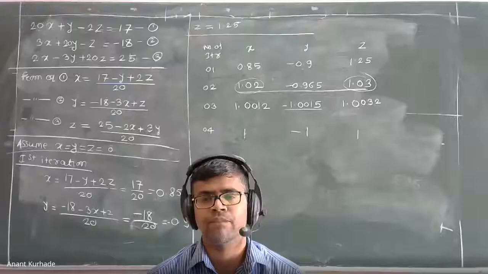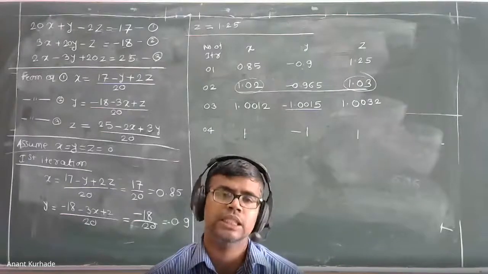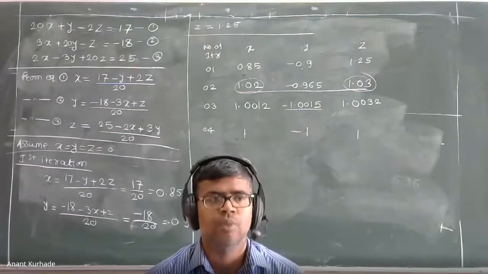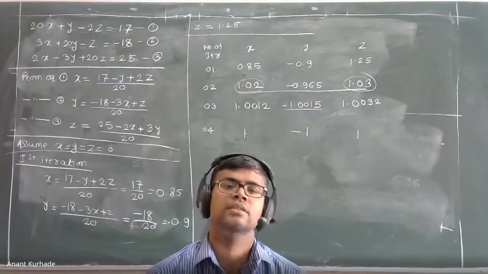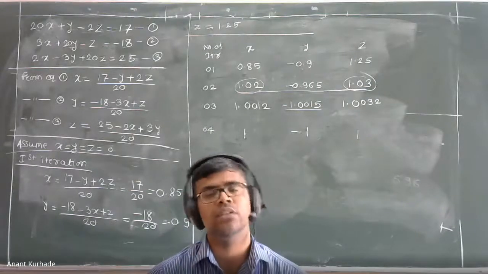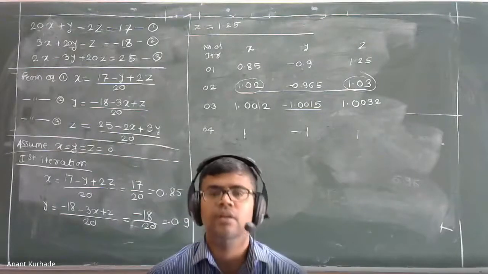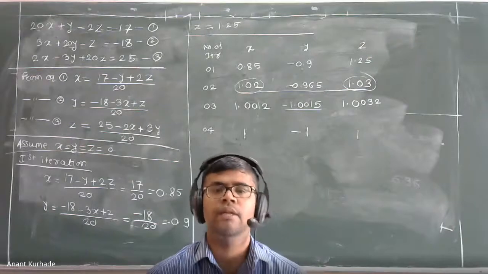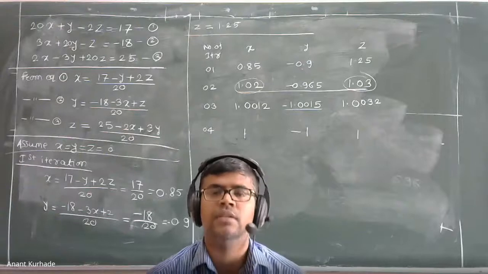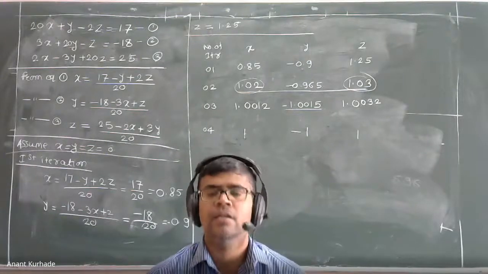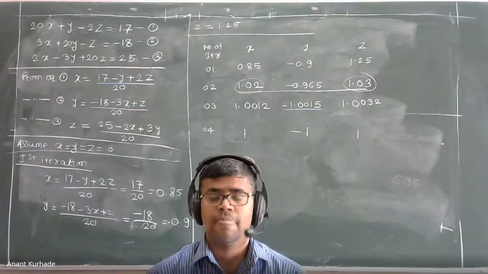Any doubt in Gauss elimination and the Thomas algorithm method? No, sir. Okay. Now the same again for the Gauss-Seidel and Jacobi iteration method. See, I will put one problem. In that problem you can have initial guesses, say x is equal to 1, y is equal to 0, and z is equal to 1. So please be careful. Read the problem carefully. Write the correct given data. Don't confuse. Use the calculator properly. Again cross-check your answer from the calculator. This is very important.